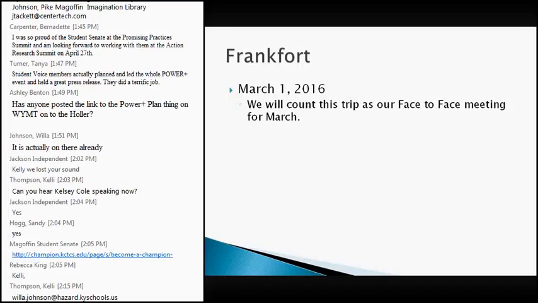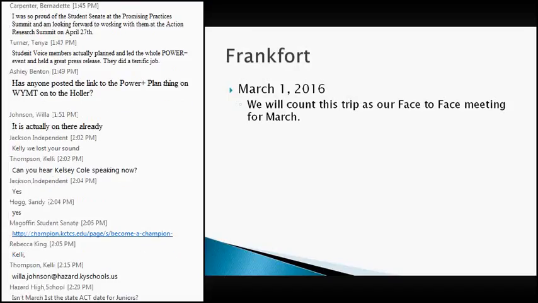This would be a combination trip of our area Student Senate members and also some of our students that are involved in the computer programming courses offered through the ATI. The purpose of this trip is kind of dual purpose. As some of you may know, some of our Student Senate members helped with a bill, House Bill 224, which was filed to give tax incentives to people that are interested in creating video games in the state of Kentucky. As many of you are aware, with the SOAR initiative